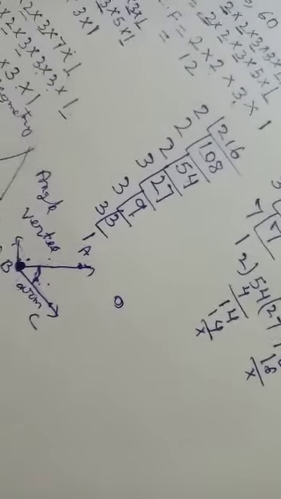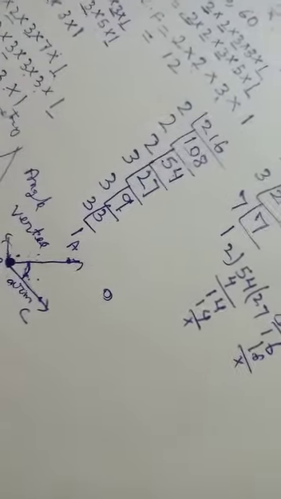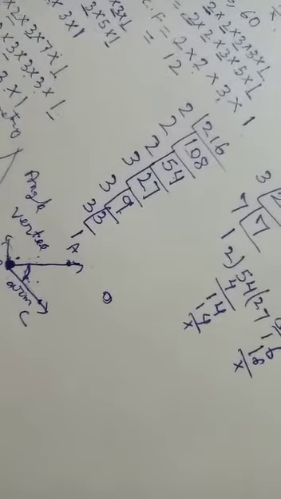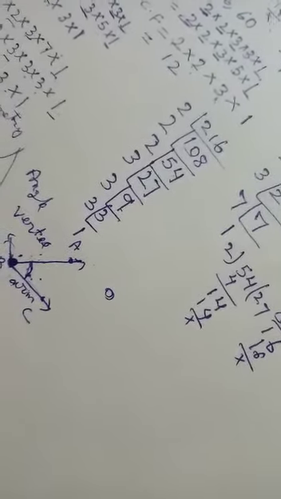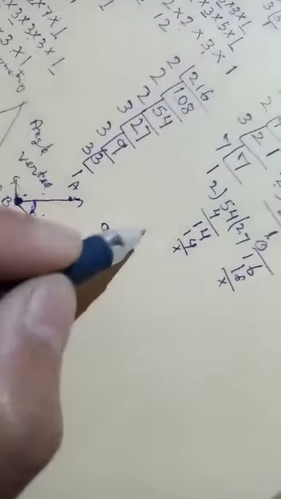The different types of angles you already know from your lower classes. We have acute angles, which measure less than 90. We have right angles, which measure 90 degrees. An angle more than 90 degrees we call an obtuse angle. An angle more than 180 we call a reflex angle. Those you study by yourself because we already did them in lower classes. But now mainly we will see pairs of angles. That means if there are two or three angles, what do we call them?